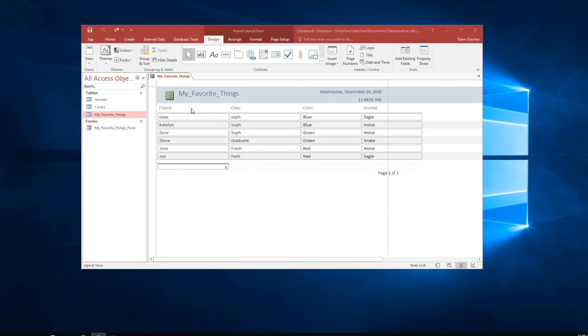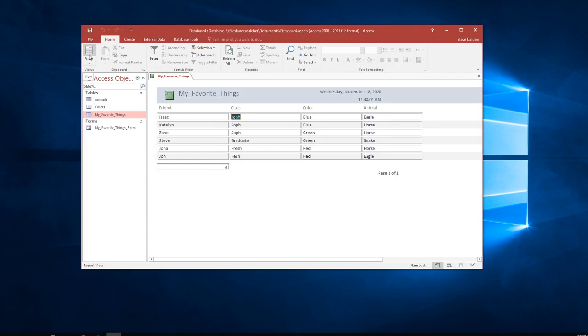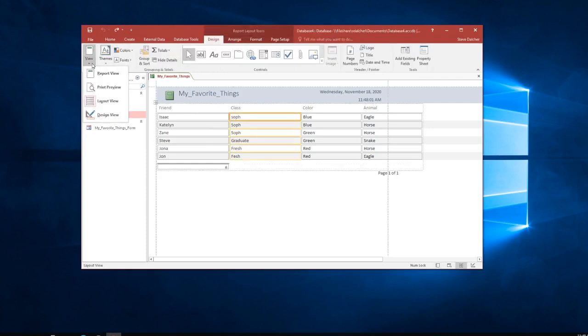All right, so we need to change our view. Let's see. We want to do layout view. All right, and so first off, let's talk about this report. What's the purpose of a report? Well, a report allows me to format the data that's going to be exported, typically to a printer, or it could be exported to a file. I mean, you have a lot of different options, but what we're going to suggest right now is that it's